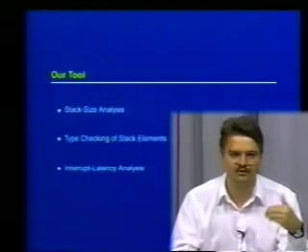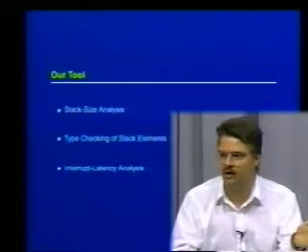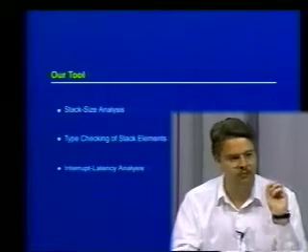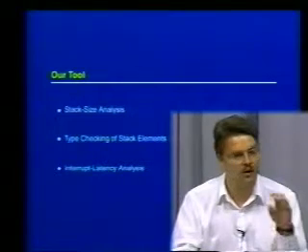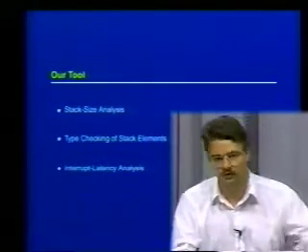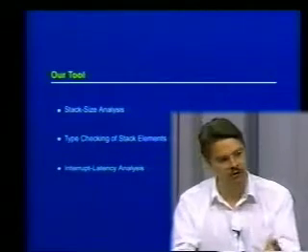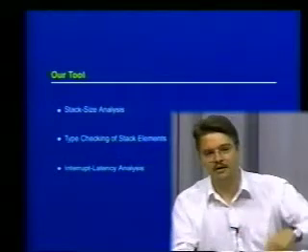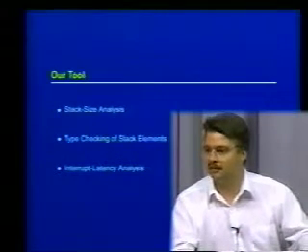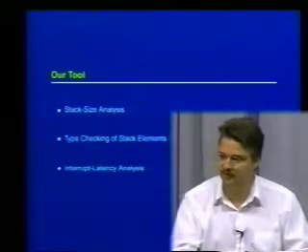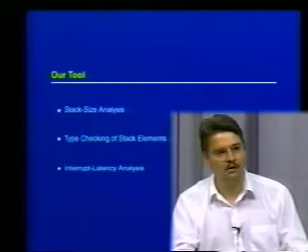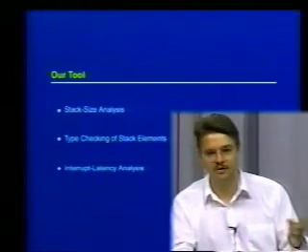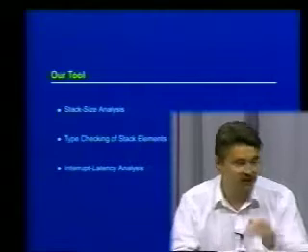So one of the ways of checking that at least something sensible is going on in the program is that every time you do a pop, where you explicitly pop something, or you do an I return, where you return from an interrupt, or you do a return, where you're just returning from a normal procedure call, that at least the kind of thing on the stack is the thing you are expecting. So if you're doing a return, there will be a return address. If you're popping something of type integer, for example, there will be an integer, or whatever it may be. So that's the second thing the tool does.